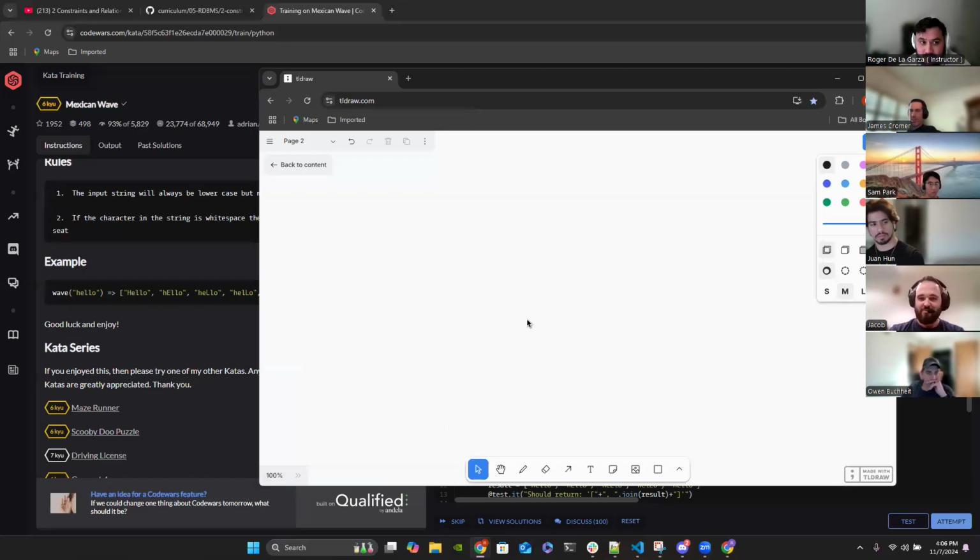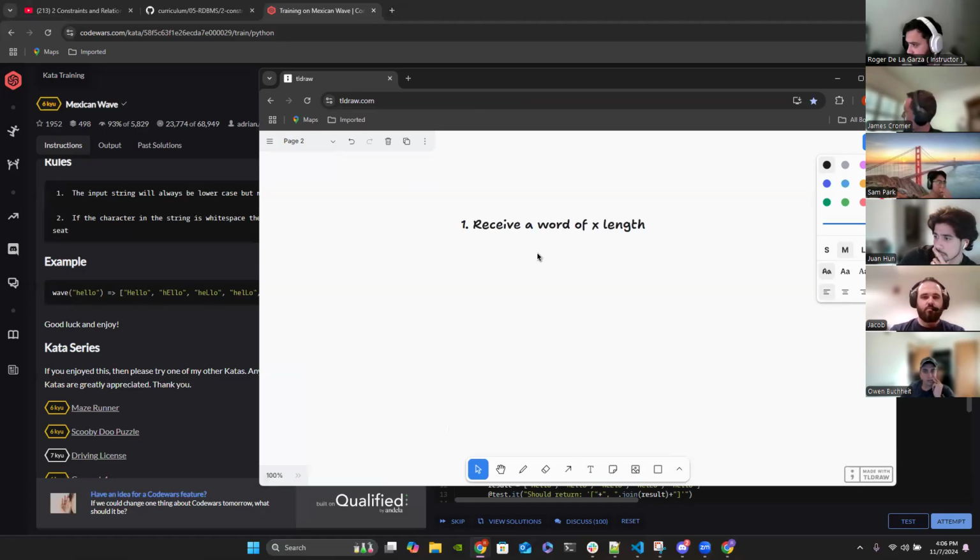So more than likely, we will be given, so we're gonna receive a word of X length that we don't know, and we're gonna want to iterate and capitalize every letter that we're currently on. So iterate through the string